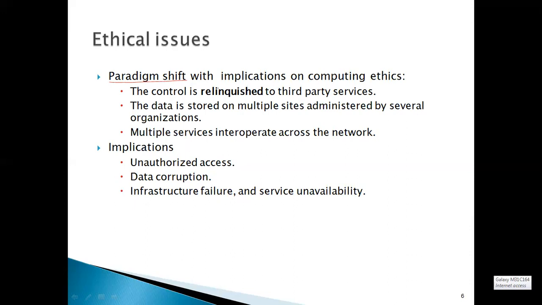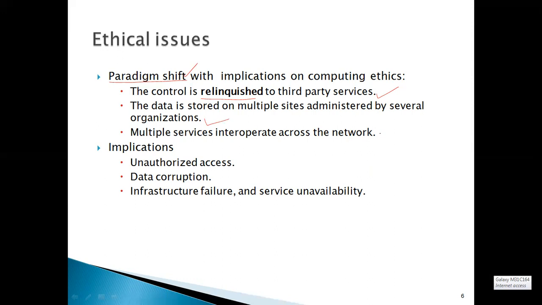The main elements of this paradigm shift are, the first one, the control is relinquished to third-party services. I'll tell you what we mean by relinquished third-party services. The second one is the data is stored on multiple sites administered by several organizations. Then third, multiple services